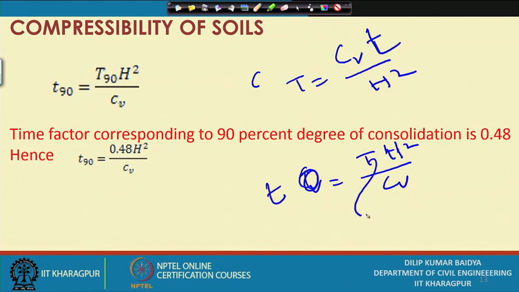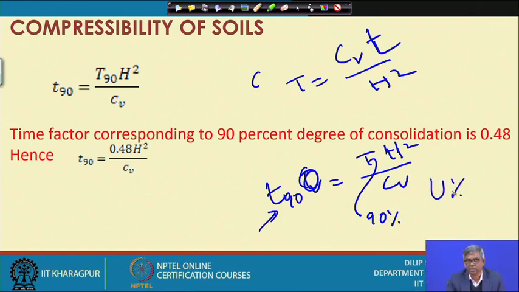So, this t corresponds to 90%, since we have already got our T, this also 90%. So, t90, that means the time required for completing 90% consolidation, we can find out from this expression. For this we have to find out t90. You have got U90%, and from there the corresponding T90% we can get. So, if you read t90 from the graph and you know the thickness, then you can find out the CV.